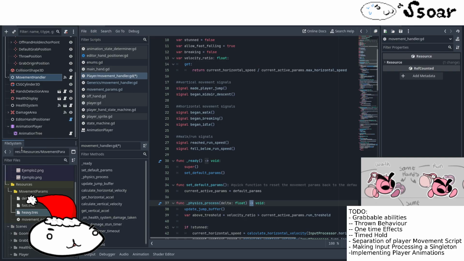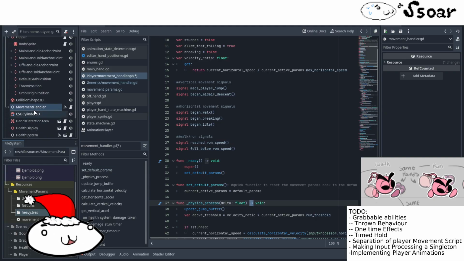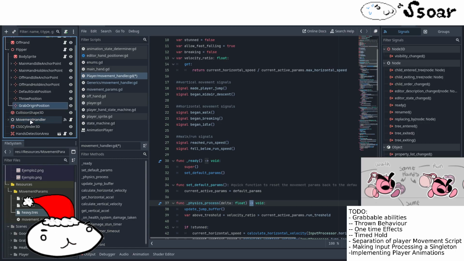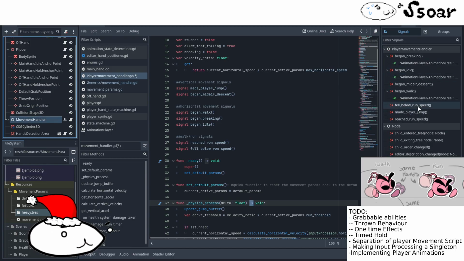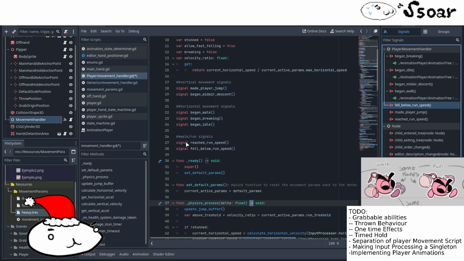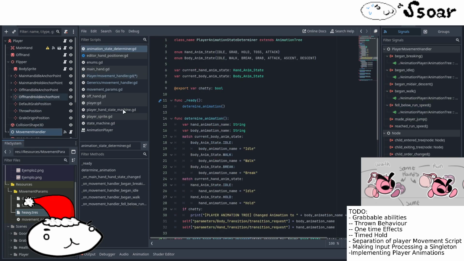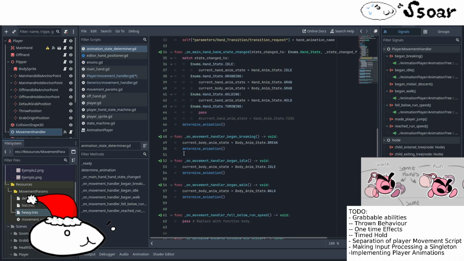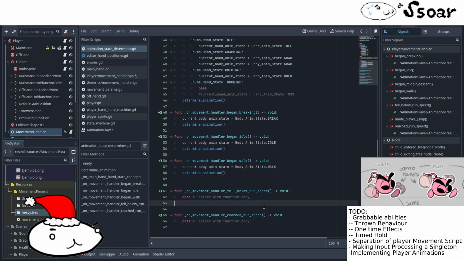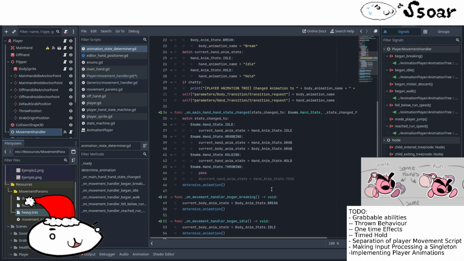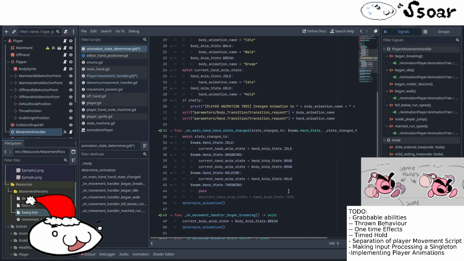So now we connect these signals to the animator and then program the animator to react to them. And then we can create the animation properly. Right, let's connect the signals. So here we select the node, fell below run speed to the animation tree, and then reached run speed to the animation tree. And then this guy just reacts. And so the way that it should do that is